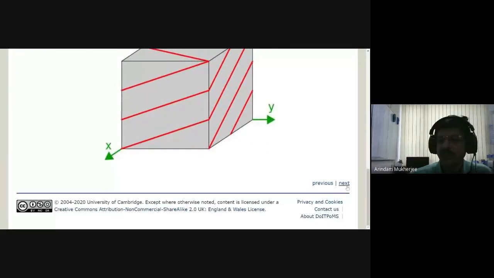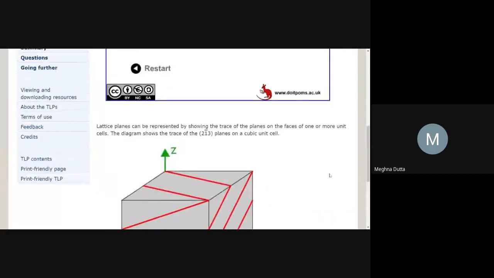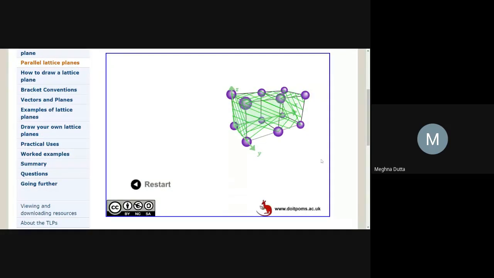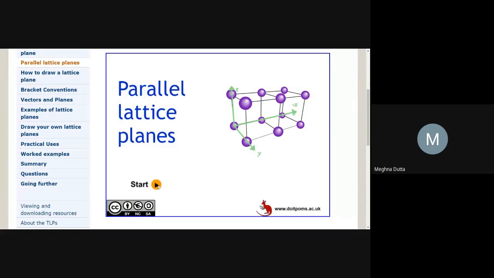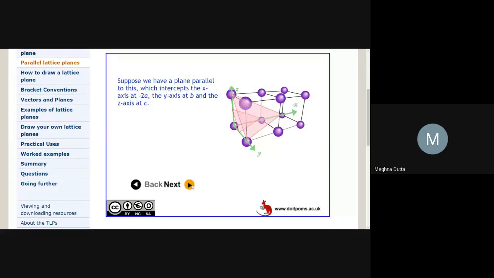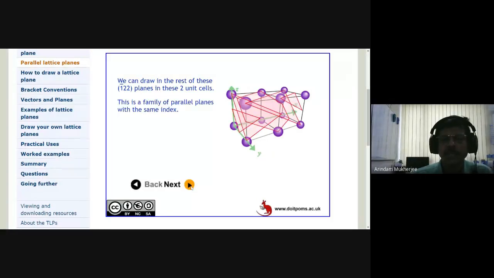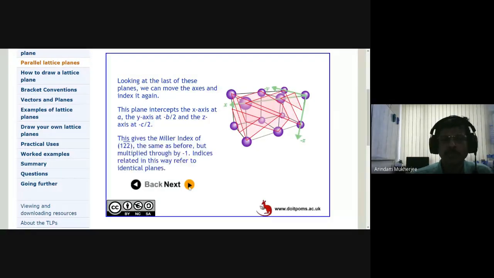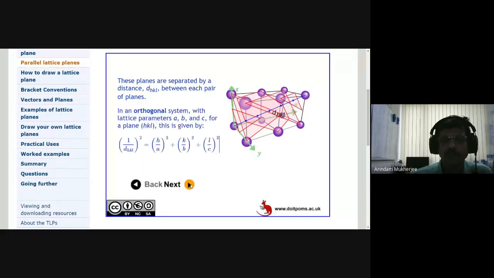Sir, yes. So the formula to find the distance using the Miller indices and the Cartesian coordinates, where did we get that from? That is from the straight line equation, sorry, plane equation, but you don't need to deduce it. This is a very simple formula. This is basically coming from solving the equation of planes. So we don't need to do that here, but you just take this one from there.